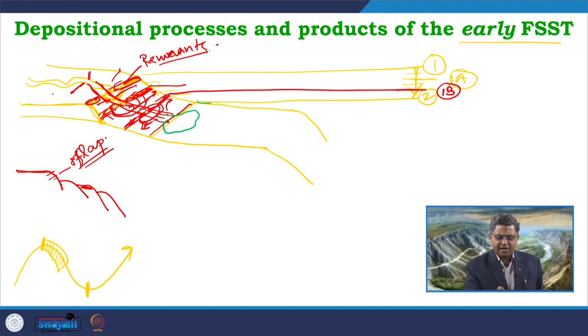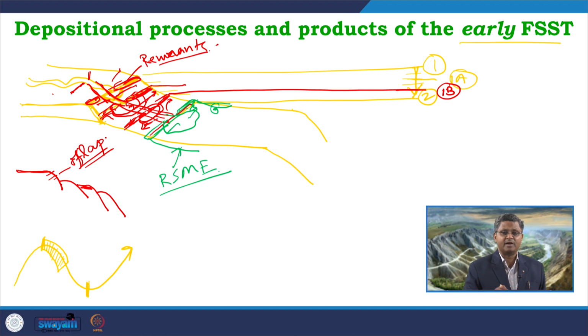So, water level is here, that means this area is having very high wave energy, very high wave conditions, and those waves associated with longshore current and rip current will remove these sediments along the shore area. So, we will get a very well developed shore over here, as well as a new erosional surface formed along this area, cut by these wave activities, which is commonly named the regressive surface of marine erosion. So, this new erosional surface will form in the shelf area.